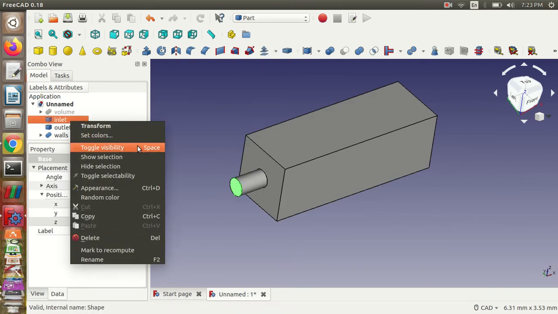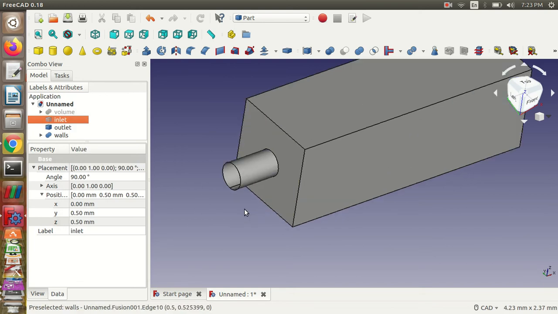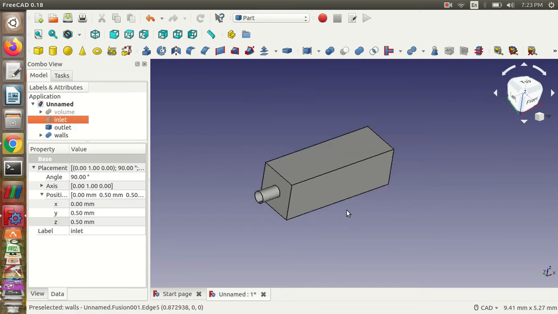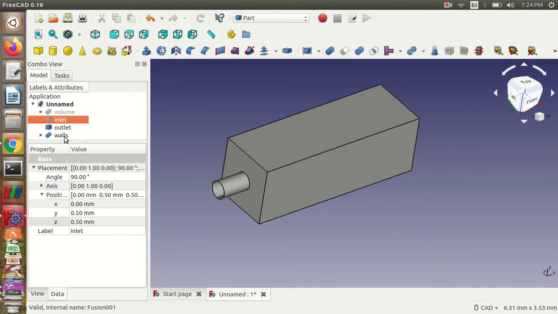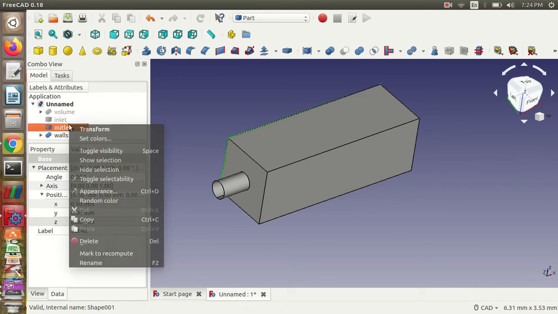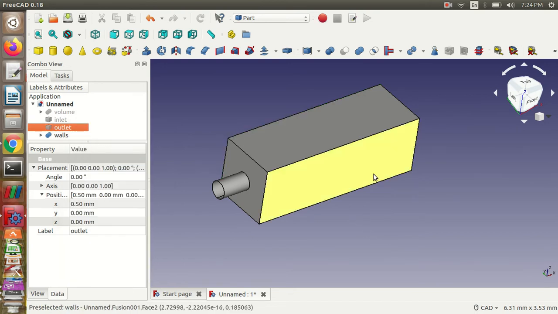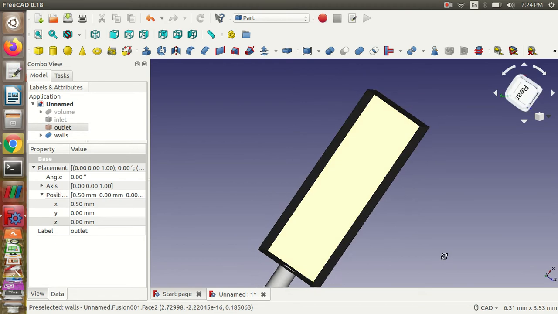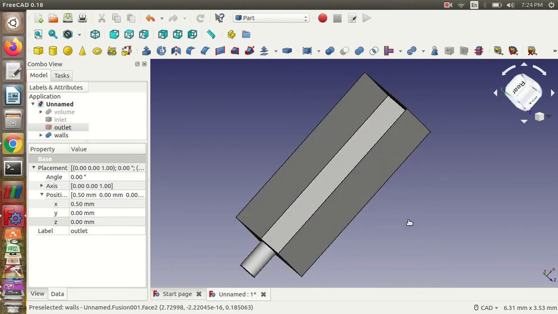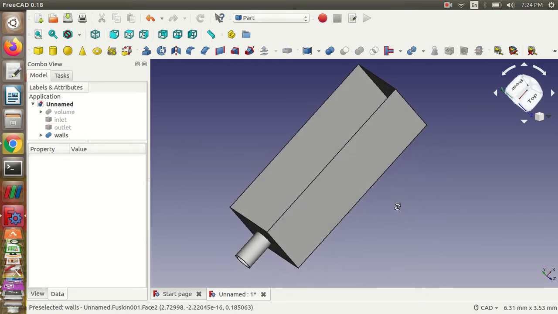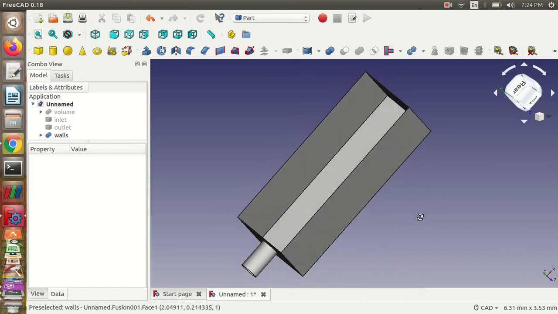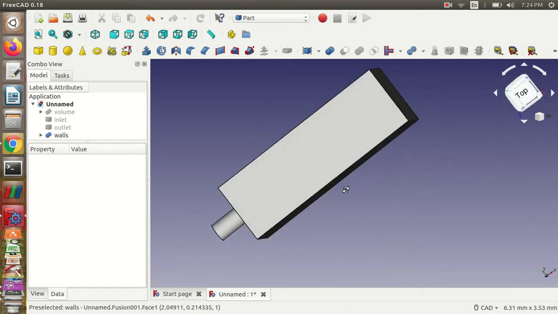Once again I'll give toggle visibility so that we can get a feel of what exactly it is. Then I'll give the outlet also, I'll switch off the visibility for the outlet. Now we can see our y-axis is perfect. Yeah, this is going to be our atmosphere. Okay, and all the other walls are properly connected, so no problem.